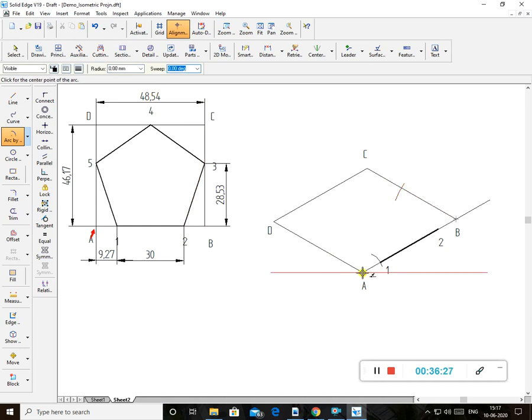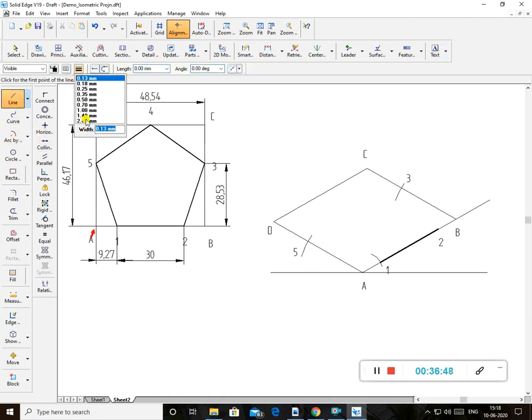Okay, same here you transfer 28.53 for this fifth point. So this is the third point. This is the fifth point. Okay, same way 4 is the midpoint of this 48.54, because it is the midpoint. So I'll go directly to the line command.